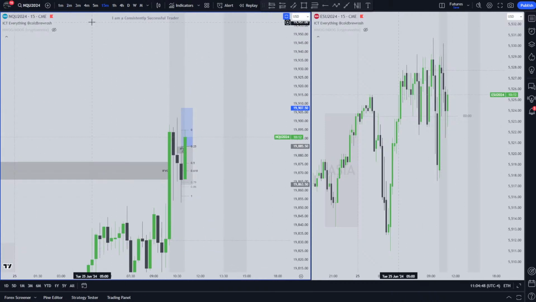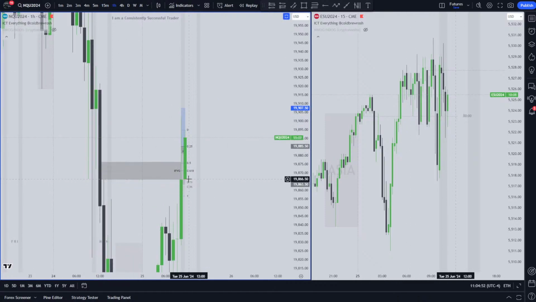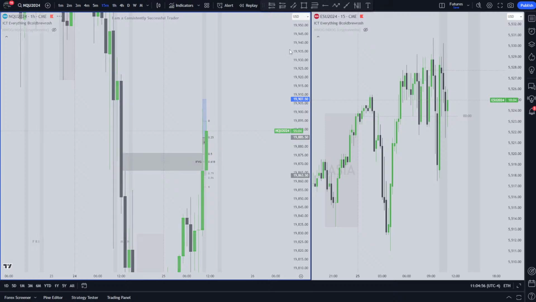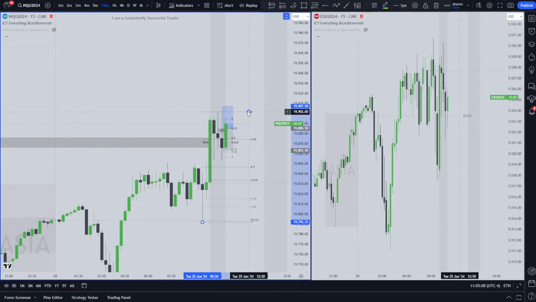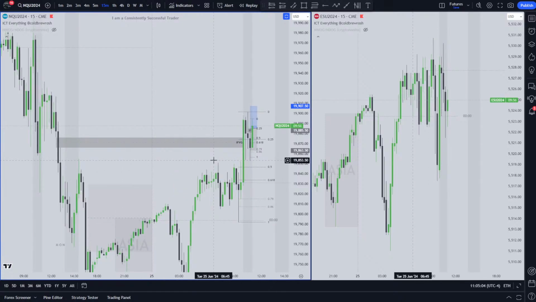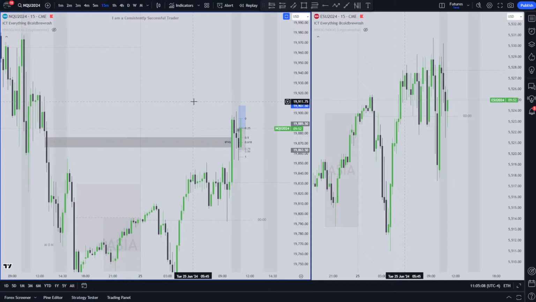Main reason, this 15 minute doesn't have a wick, that 1 hour doesn't have any kind of a wick. And also, on my 15-minute rule of premium and discount, it didn't seek discount. So I'm not comfortable taking this.